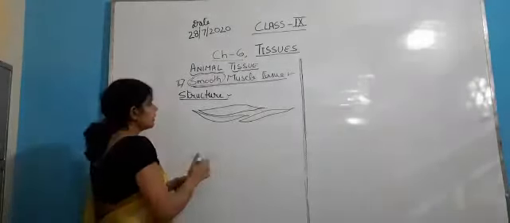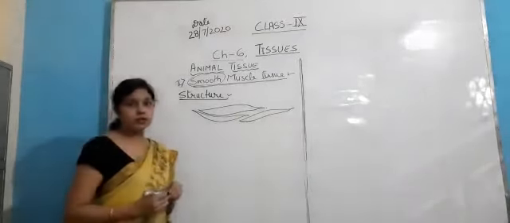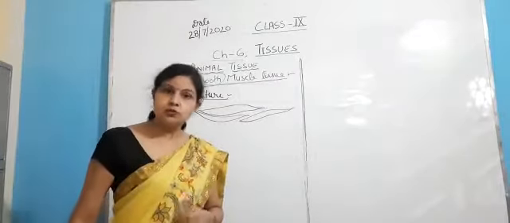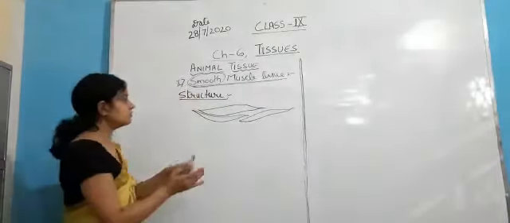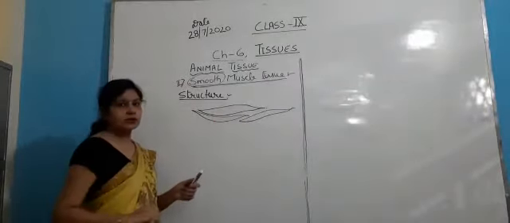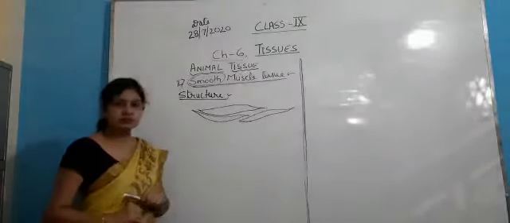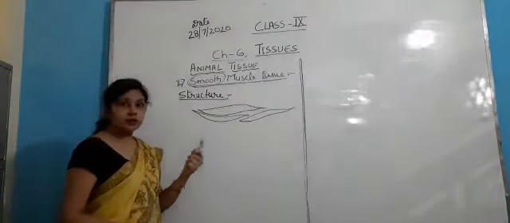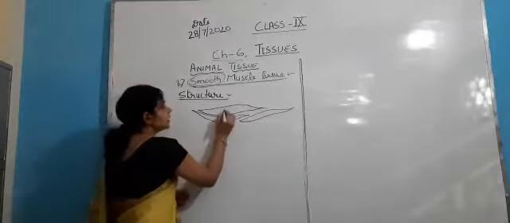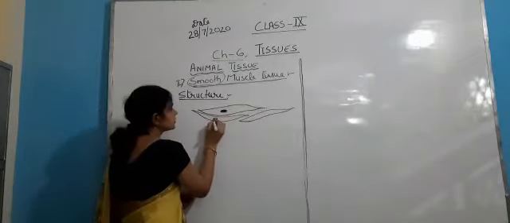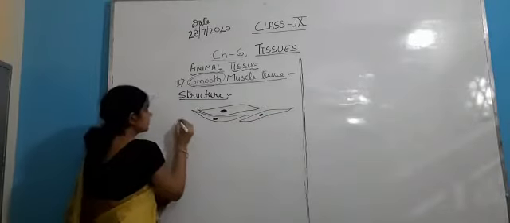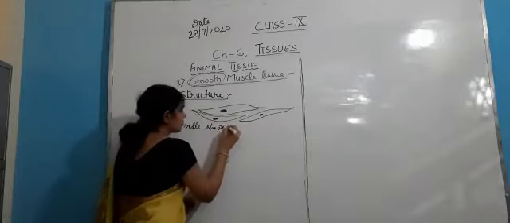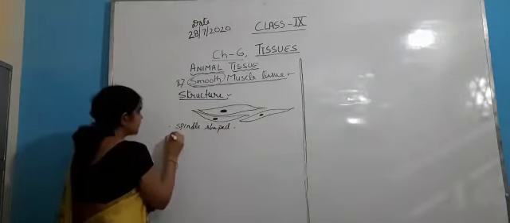And these are found in bundles. The cells of this tissue are found in bundles. You know what the meaning of bundles is. So it is found in the form of bundles, as I have made here three cells, three muscle fibers. Now the cells of this tissue, or we can call them the fibers of this tissue, are uninucleate. First of all, it is spindle shaped, and second, uninucleate.